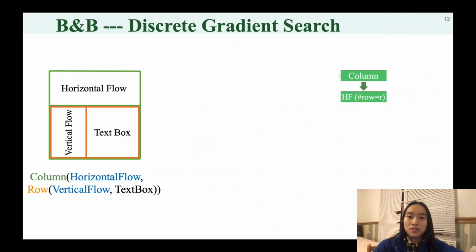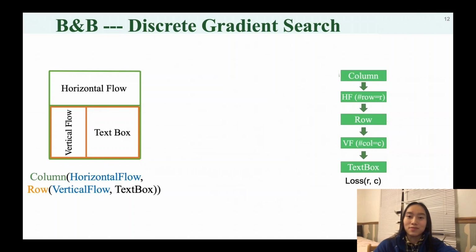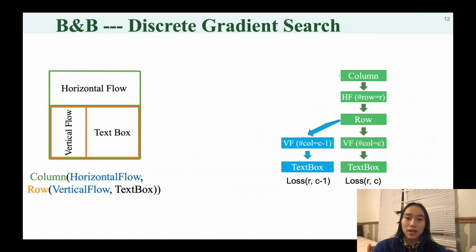In this example, the solver starts with the preferred number of rows to process the horizontal flow and get a good local fit. Then it goes down the tree and starts with a preferred number of columns C for the vertical flow. It then continues to go down to the leaf and stores the result of this branch as the currently best solution. Then the solver backtracks in the branch and bound tree to the vertical flow node and tries other alternatives that may lead to a better solution.